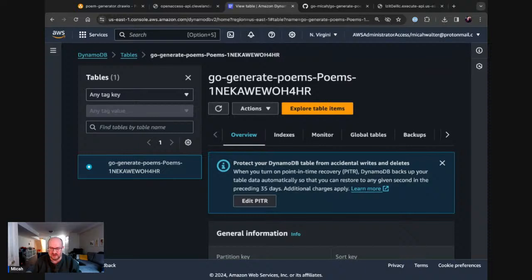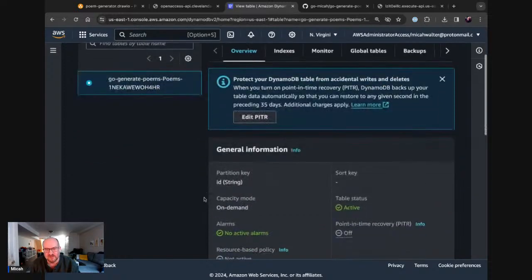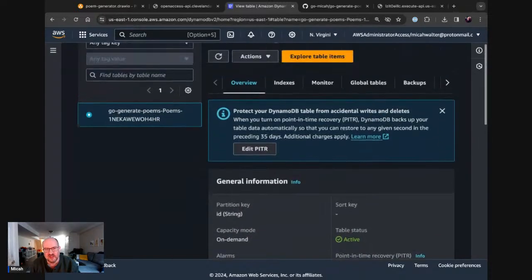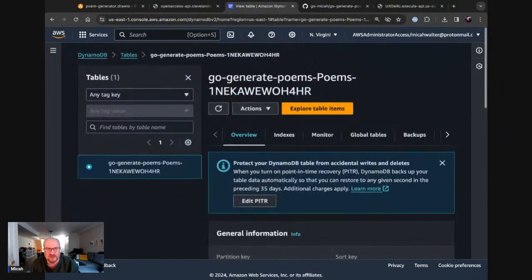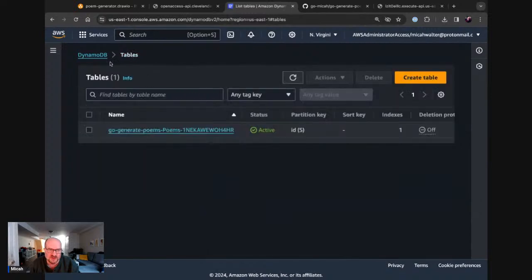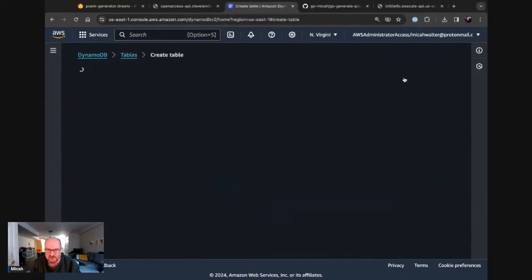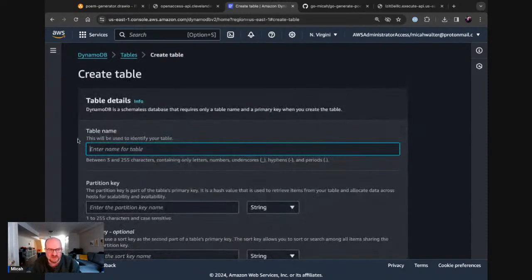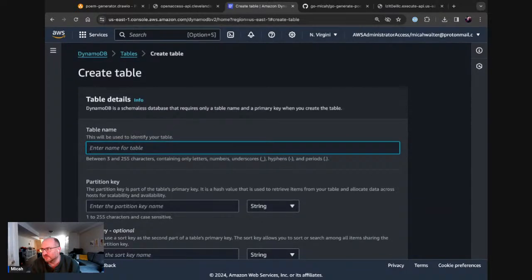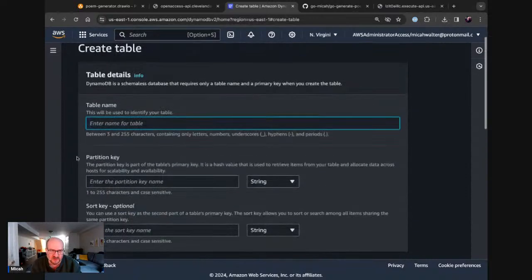This is where things get a little bit confusing for people, I feel. So let me talk about indexes for the moment. First of all, when you create a table in DynamoDB, actually, let's do that. Let's create a new table. They're going to ask you a few questions when you create a new table. This is just in the console. If you're doing this through SAM or programmatically, it's basically the same thing, but this is very easy to see this way.